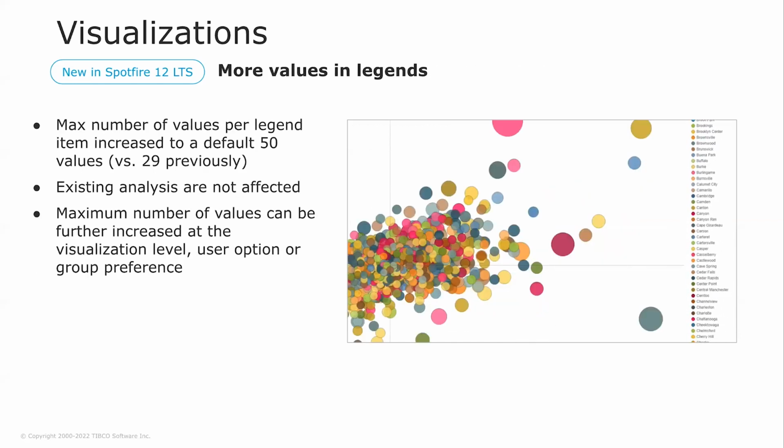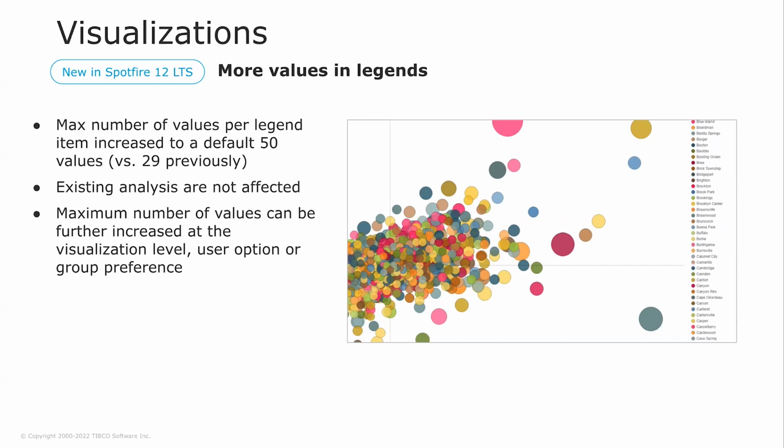Another highly voted idea, again for legends: with Spotfire 12, we increased the maximum number of values per legend item to a default of 50 values. It was limited to 29 in Spotfire 11 and 11.8 and earlier versions. Existing analyses are not impacted by this change, and the maximum number of values can be further increased up